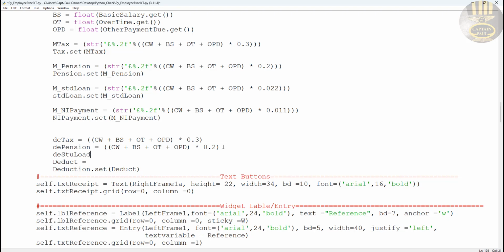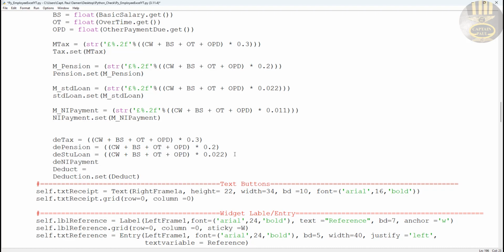ST loan. There. Then NI. Deduct NI payment. DENI payment. And that is all of this. Okay, there we go. Now